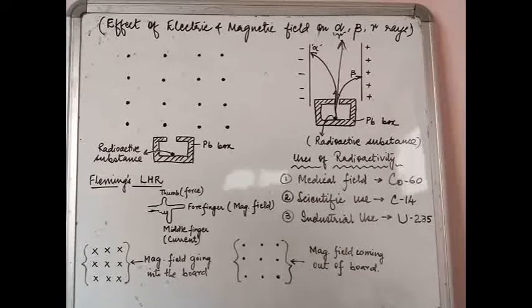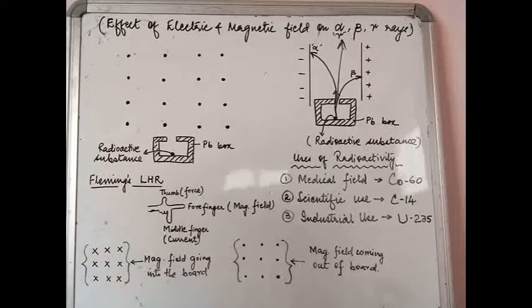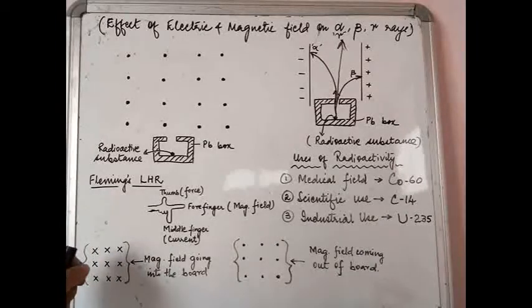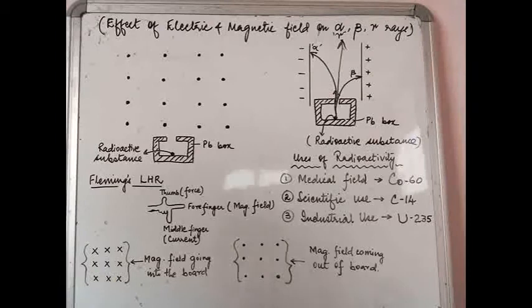Okay, so what I mean to say is that if you see on the board or in the question paper, there are crosses given spaced by some distance, you will immediately come to know that the magnetic field direction is going into the board. Okay, so by having a look at this particular area, I'll be able to say that the magnetic field is going into the board like this. It is like firing or releasing an arrow from a bow. When you release the arrow, it actually goes away from you. So whenever you find crosses, you will immediately understand that the magnetic field direction is into the board.